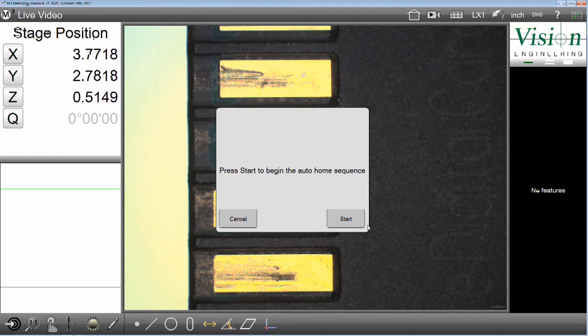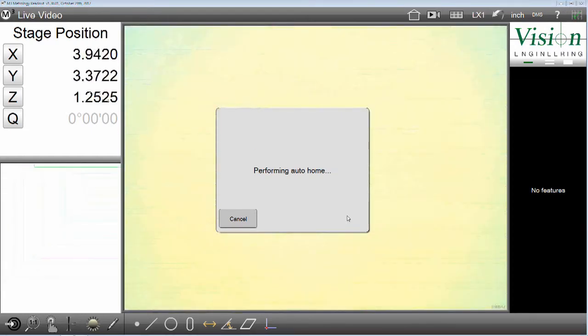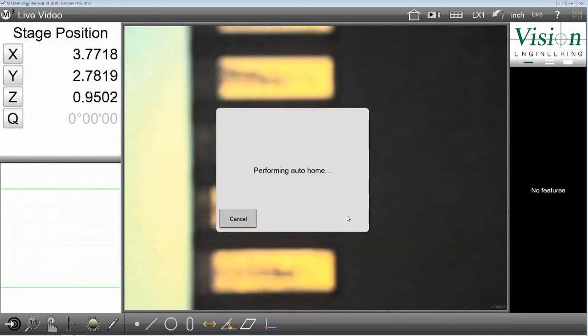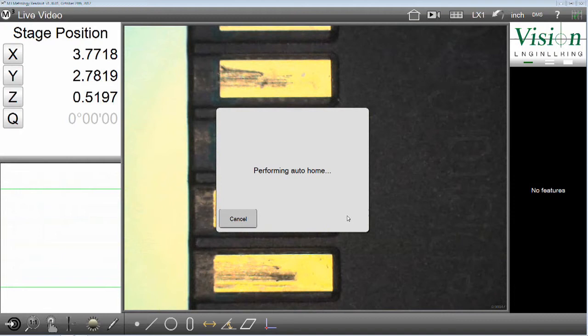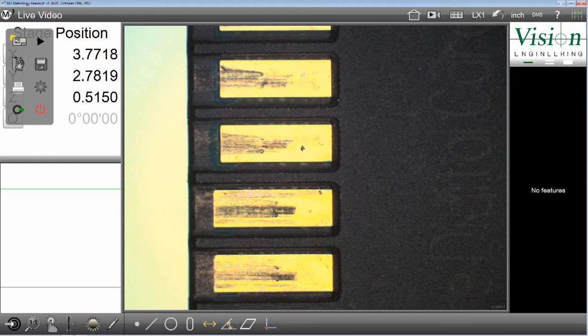Once we're logged in as the supervisor, because we logged out, we have to re-home the machine. So we'll do a homing sequence here real quick. Home was successful. Now we'll go to the M3 icon in the top left again, and this time we click